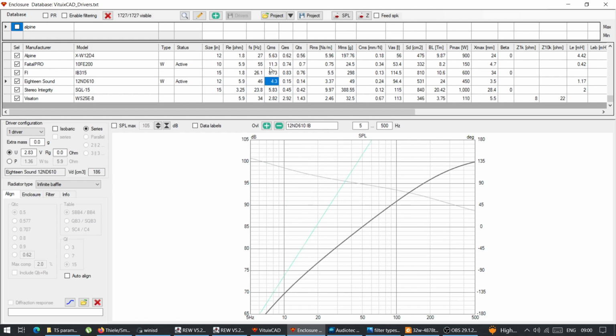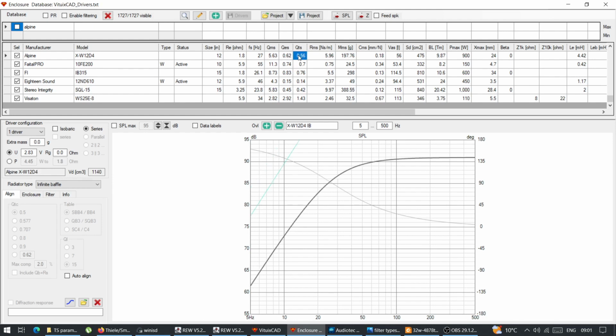It's a big number. And QS is always a small number, like below 1. And the QTS is always going to be very close to QES. See? 0.8, 0.7, 15, 14, 4, 4. So basically this has some influence on the QTS, but not as much. So it's kind of defined by QES. So now, since we kind of, in my opinion, derived that QTS is defined by QES, the electrical